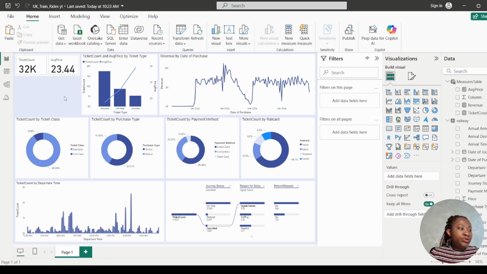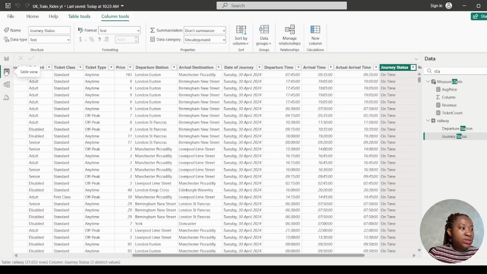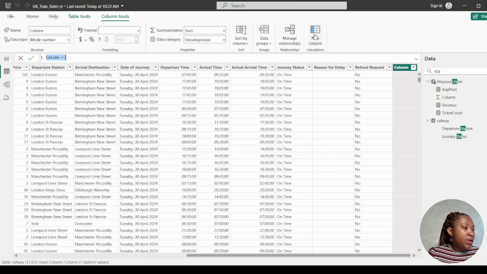Another thing that it would be interesting to see would be the ticket count by week, and then for that we can see whether as a company we have a target to hit, whether we are on that threshold or not. So for that we can use the KPI visual. So we will put it here, and then we would have to go and calculate the week column. So we can go to new column calculation, and for that we can call this week,